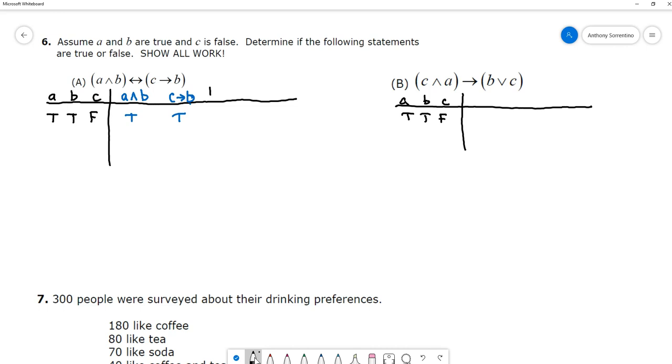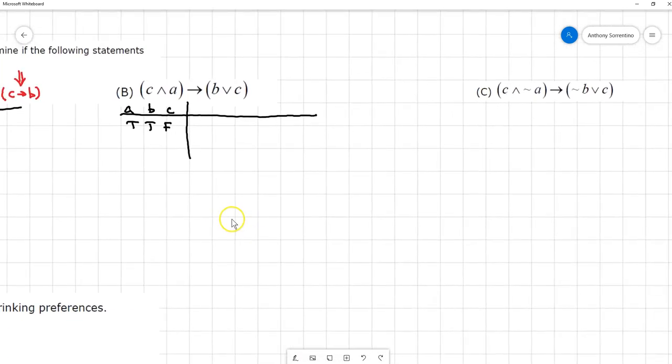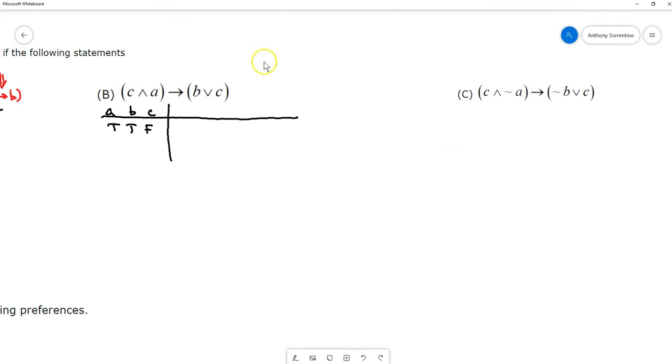And so if I go back to the overall statement, A and B, if and only if C then B, that's how you read it in English. The only way for this overall statement to be true is if this and this have the same truth value at the same time, whether it's both true or both false. I have an instance where they're both true. So this would be true. Scooch this over a little bit. And plus I have a part C over there. For this one here,